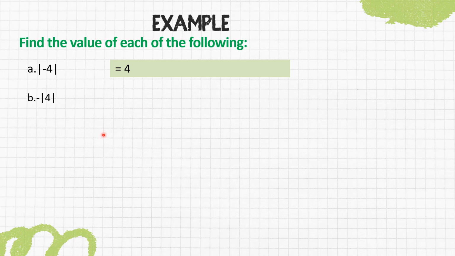If the negative sign is outside of the absolute sign, it will not be affected by the absolute sign. Let's see what it will equal. It will equal -4. Excellent. We took the negative sign from where? From outside the absolute value. Next, the absolute value of 0 is